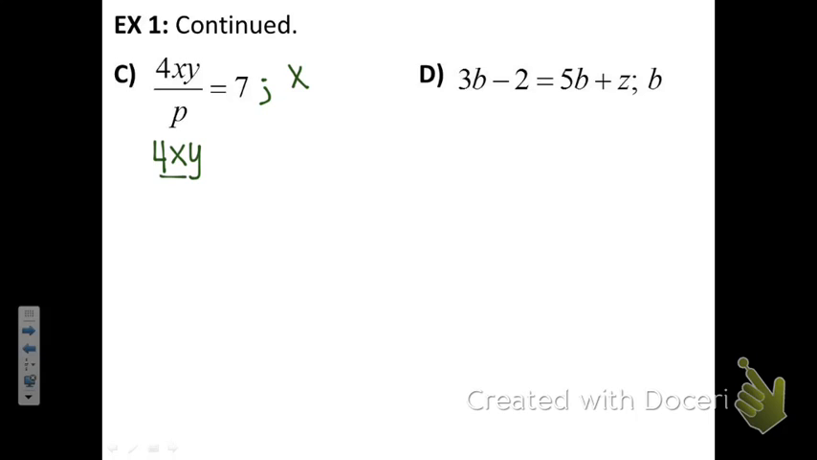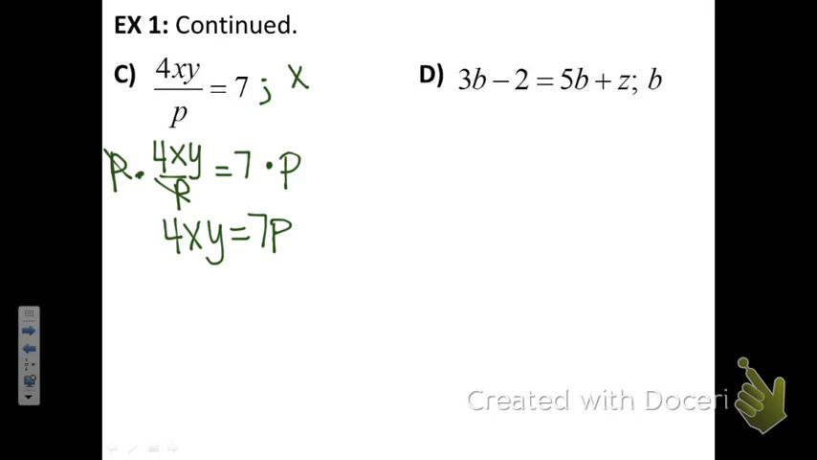4xy over p equals 7, and we want to get rid of the p first. So to get rid of the p, we have to think about what is happening with the p. It's being divided, so we want to do the opposite operation, which is to multiply. Whatever we do to one side, we have to do to the other. And these p's right here on the left side will then divide out, and you're left with 4xy equals